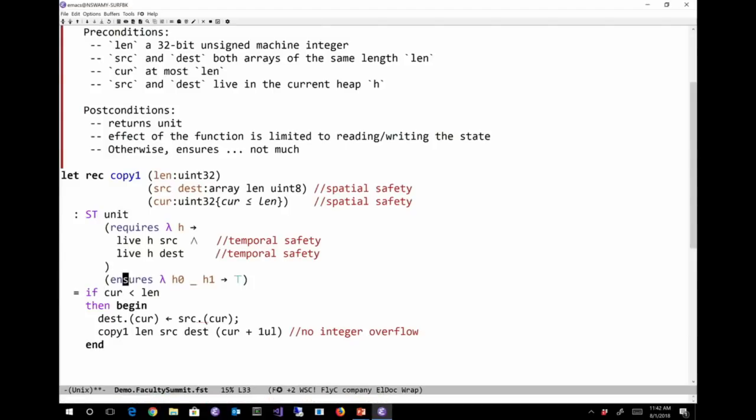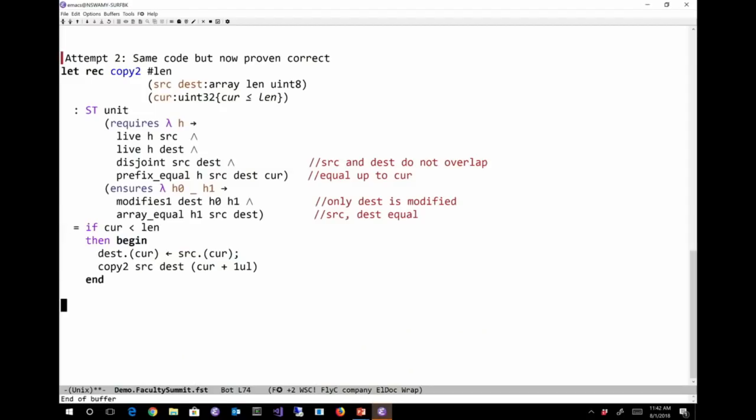It doesn't prove anything about what copy actually accomplishes. So this bit of the spec here is an ensures clause, which says at the end of running this code, there's something that you can assume is true about the state of the program. And in this case, the ensures clause is just true. So you don't get any functional correctness property out of this version of copy.